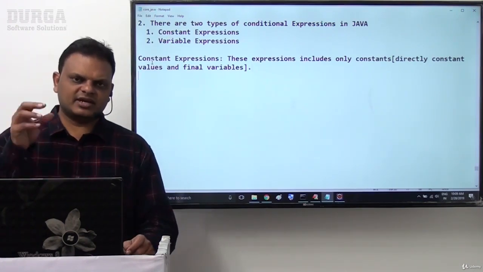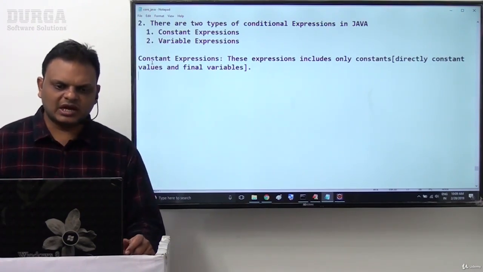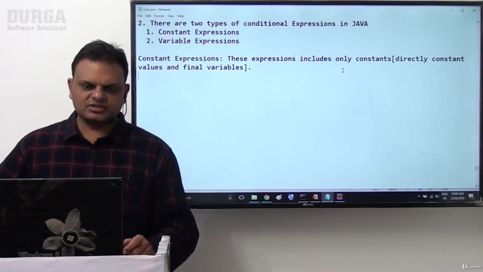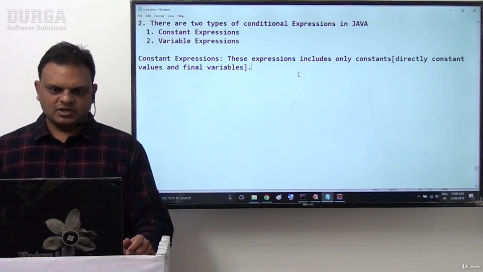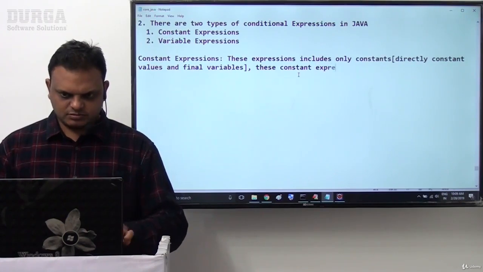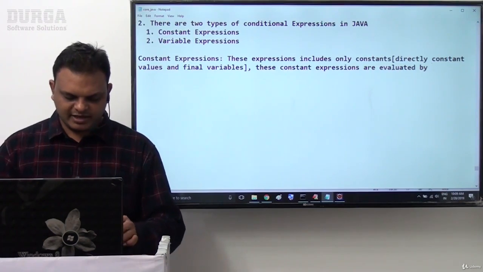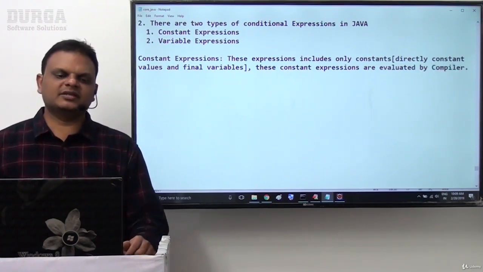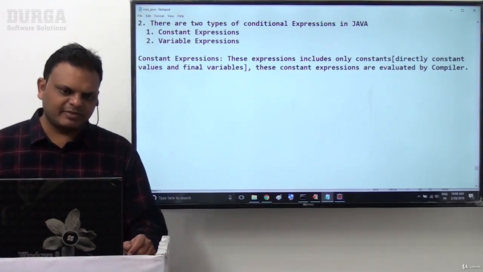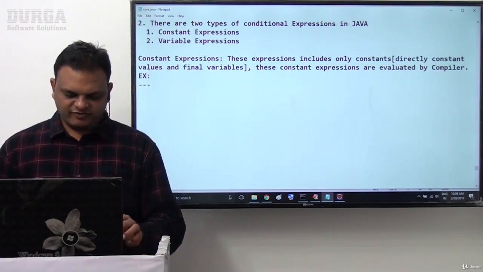Not only values like 10, 20, 30, but a final variable is also treated as a constant. So a constant expression is an expression which includes only direct constants or final variables. Another point: these constant expressions are evaluated by the compiler, not the JVM. At compilation time itself, the compiler is responsible for constant expressions. I'll take some examples. First one is which one here?